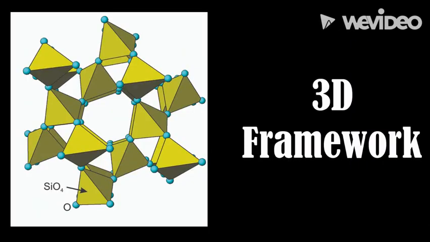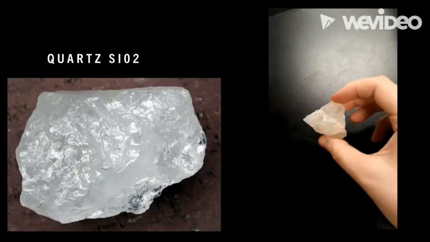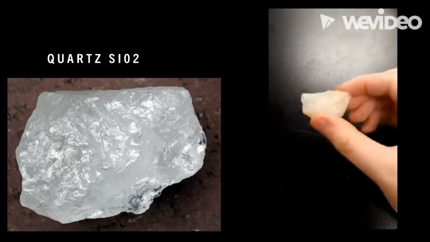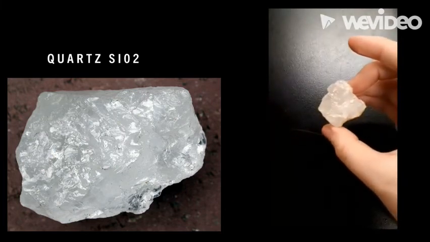And finally, let's look at 3D frameworks. The tetrahedra are arranged in a 3D shape, reminiscent of diamonds. One example is quartz. Because the bonds are strong, it does not break in a predictable manner, resulting in uneven